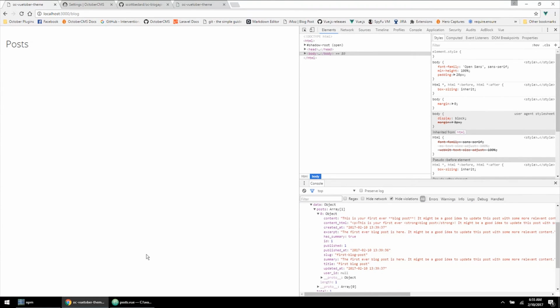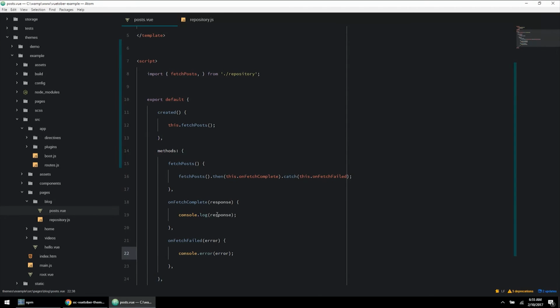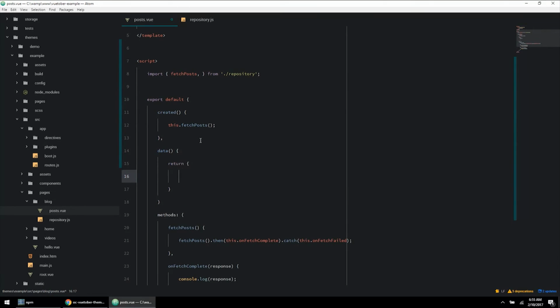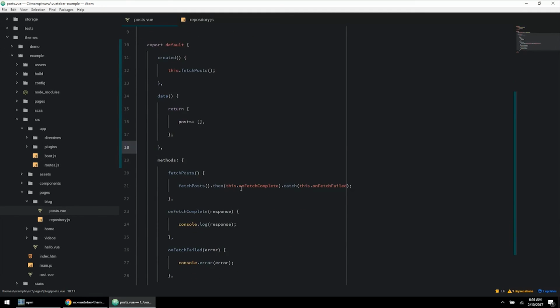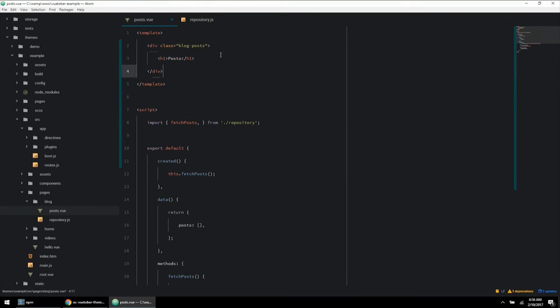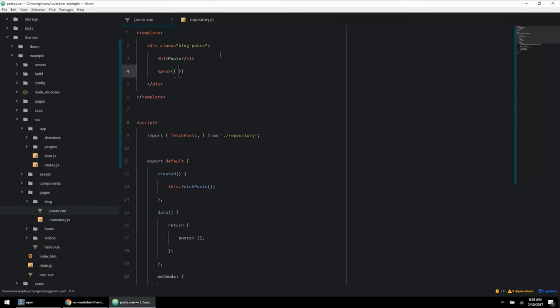So the only thing we have to do now is take the response and put it in our data. So let's go ahead and create a container for it. We'll initialize it to an empty array, that's fine. And then let's go ahead and say this.posts equal response.data.posts. So now, if we dump that out,